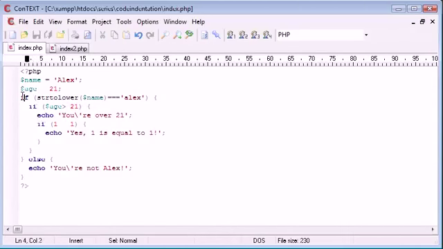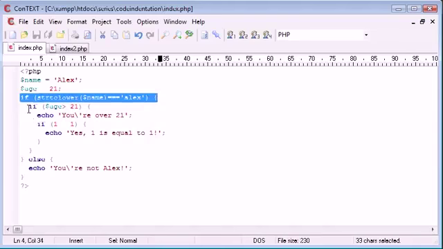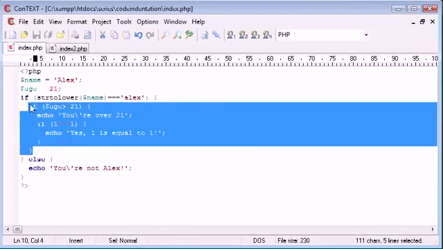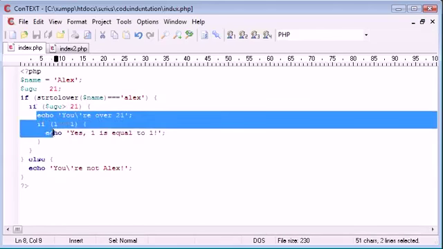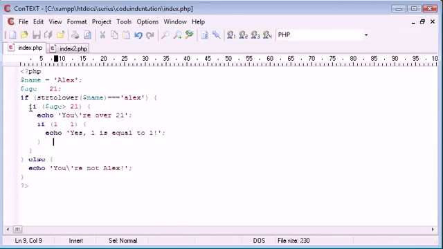The if statement, everything by default starts without being indented. We've made the first if statement. So the block, I can already tell, is just from the start of this if down to here. This is the start of the block and this is the end of the block here. And this is the start of the top block and this is the end, and then we say else. Inside of this block here where we're saying is age greater than or equal to 21, this is inside. We can automatically tell that because we've got straight down here, straight down here, and straight down here. And then we've indented just the echo inside of here. So you can